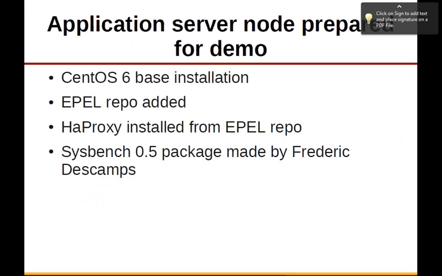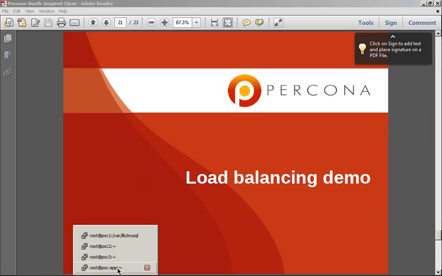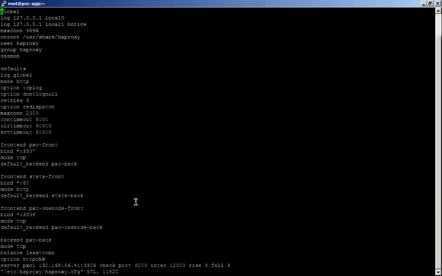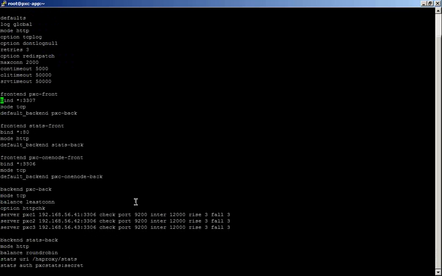So for the application server node, we used a CentOS 6 base installation, installed HAProxy from the EPEL repository, and used the sysbench 0.5 package made by Fred. And let's demo load balancing here. So let's check the HAProxy configuration first a bit. I only showed you the backend configuration because that is what is important, but